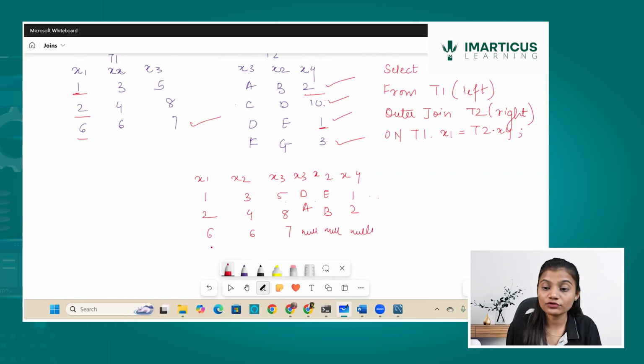If you want to see 10, it will show over here, and for 10 is there any matching value? No. So it's null here and null here, and the value is C, D and 10. Here you can see it doesn't care whether there is a match between the two tables or not. It is just trying to combine all the records, all the entries from both tables, and that was the outer join for us.